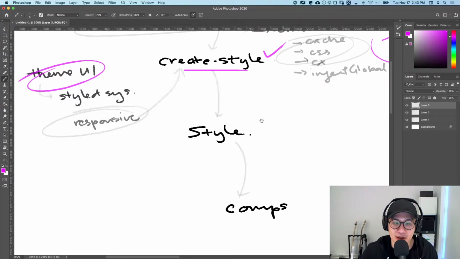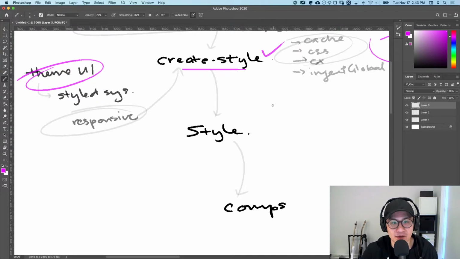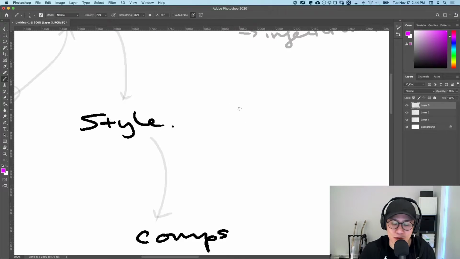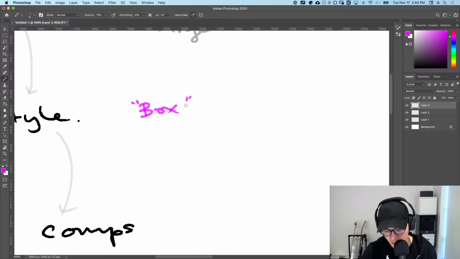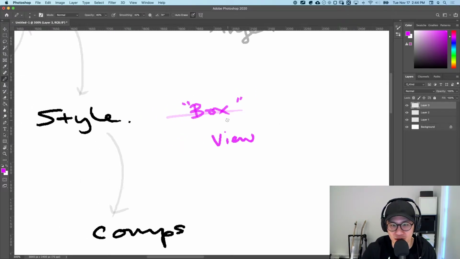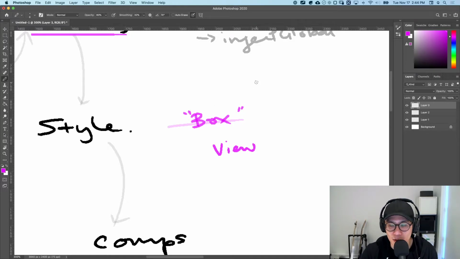So one fundamental thing that the G2 style system shares with some other more modern component libraries of today is that it has some sort of fundamental box component. Write this in quotes. We have Box. G2 actually, instead of Box, uses View. I mentioned this a little bit earlier. Same thing, a glorified div with a bunch of things built in. So if you were to look at frameworks like Chakra UI, which recently released version 1, congrats to them, by the way,